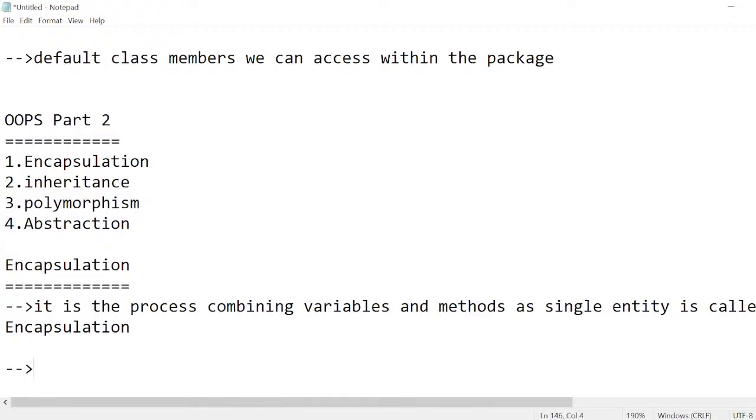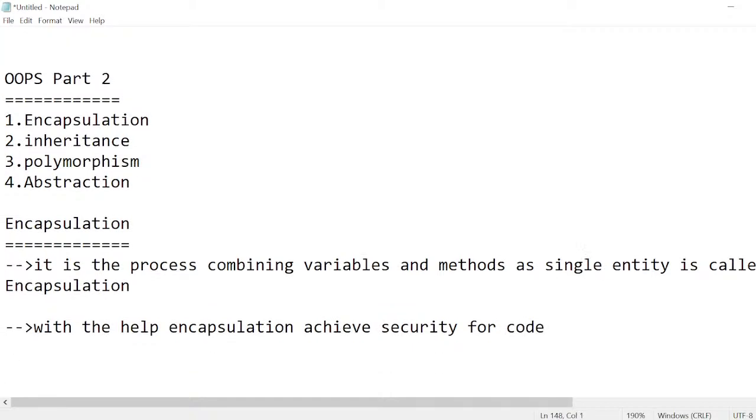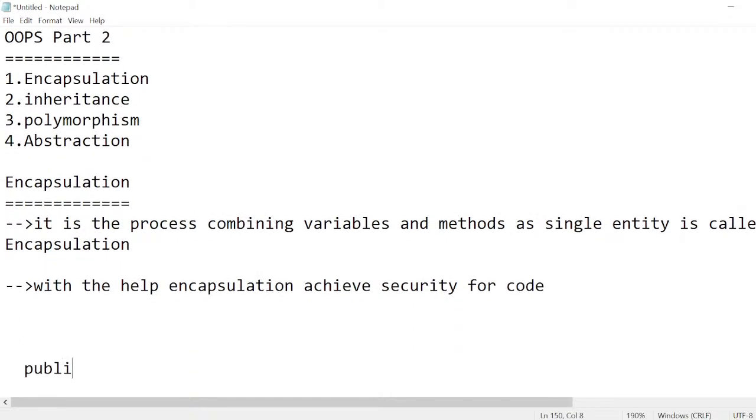With the help of encapsulation, what can we achieve? With the help of encapsulation, we can achieve security for the code. Generally, I am taking a public class, I can say employee data,